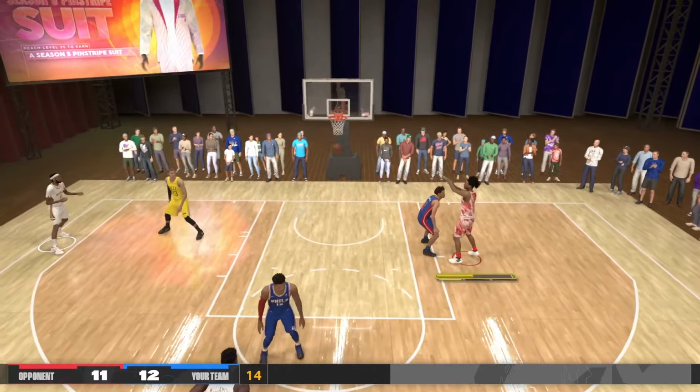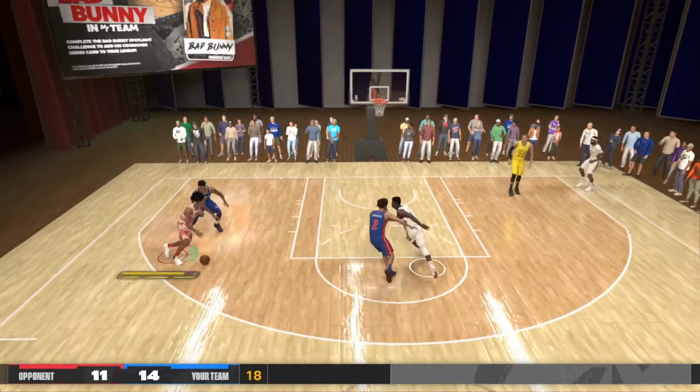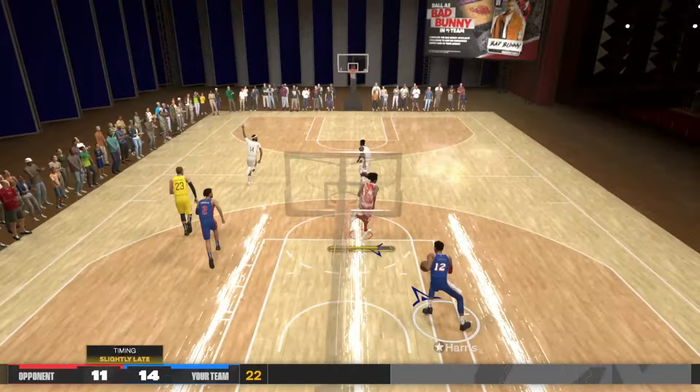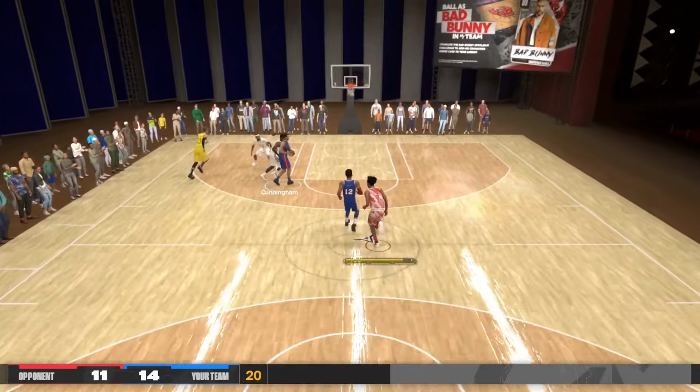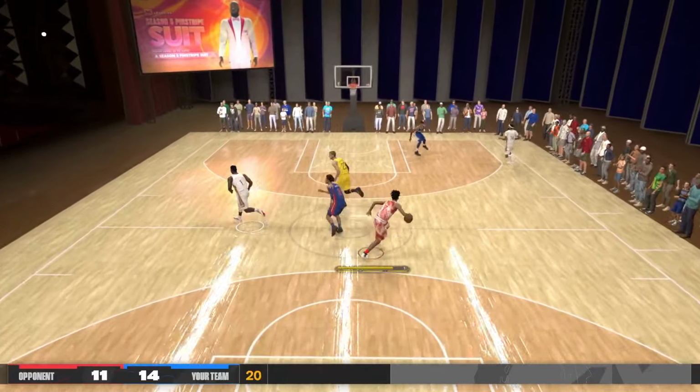Defense. So yep, here. You get the strap. That's a position dunker. That is insane. Because that other dude is right there. Yep. Good hands. Cool. Alright, so another thing that you can do with this build is,